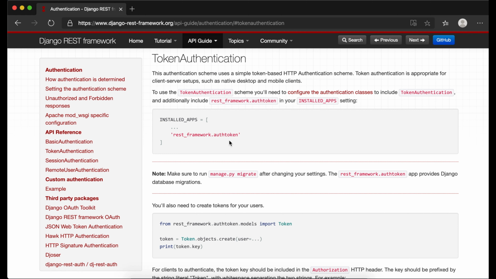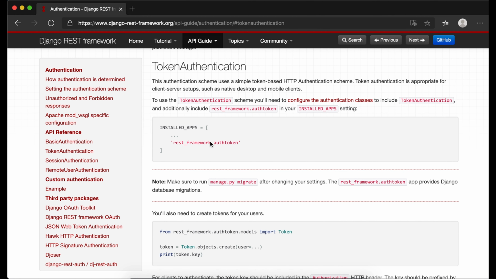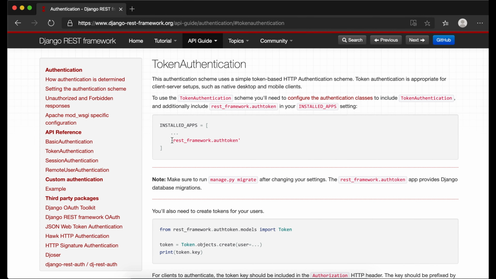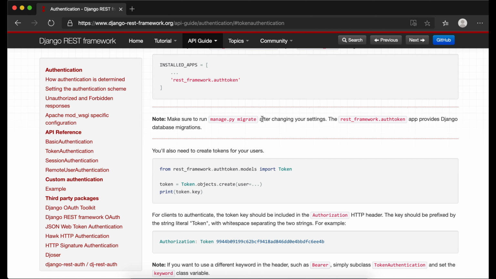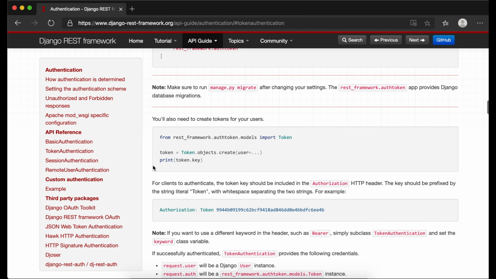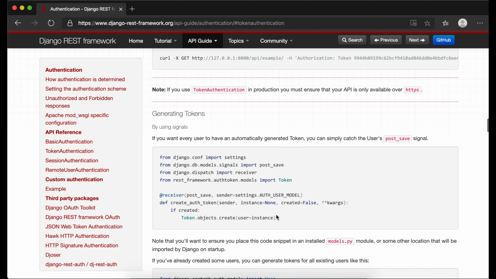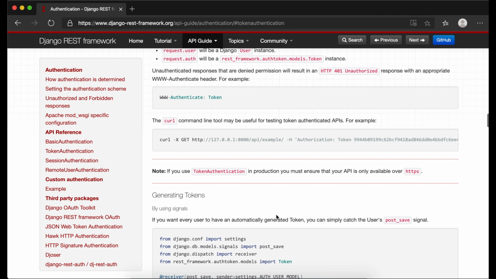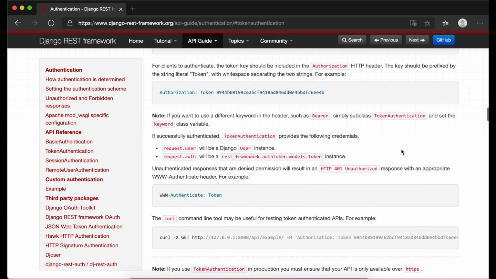Now you see these are the steps we need to follow when you want to configure. This is not third-party token authentication. I'm going to create another video on how to do third-party token authentication. This is the inbuilt token authentication which is given by the Django REST framework itself. Okay, so we'll do the same steps, and the steps are very clear in this documentation. You can see here we need to add this app, and after that we need to run the migrate the first time when you are running it, and after that these are the steps which we are going to follow. Okay, and you can also see there is a curl command here, so we can also use the curl command, and that's how it works.